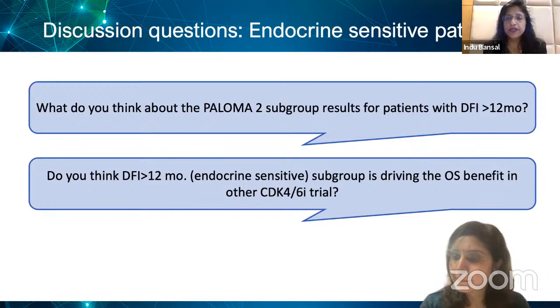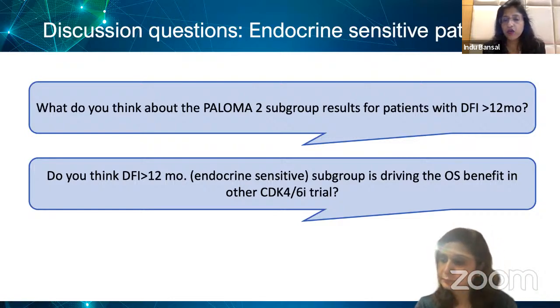So I think this patient definitely did better with the palbociclib plus letrozole combination versus the placebo arm. And although, from what I could understand from the study, the overall survival was not much different in the palbociclib group versus the placebo group, there was a difference of only 2 months. But definitely the time to disease progression, need for chemotherapy, and disease-free survival were better in